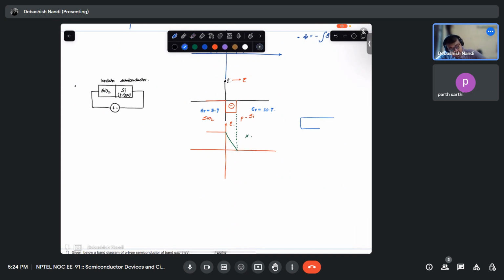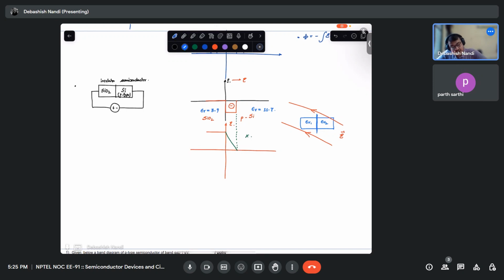suppose you have two materials. Now remember your electromagnetism, EMFT course, electromagnetic field theory course. There you have seen that if there are two materials, epsilon r1 and epsilon r2, let's say, and they are subjected to some field lines, let's say in this direction, some electric field. So at the interface,